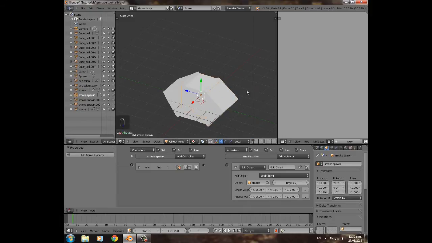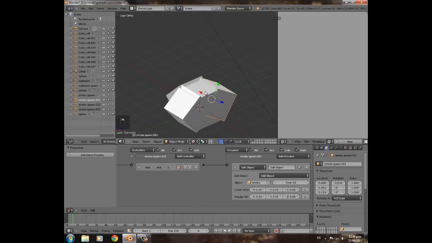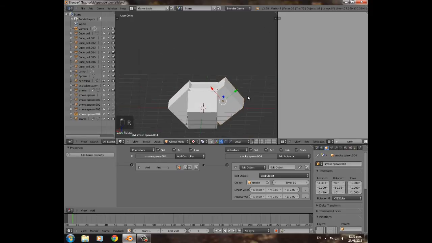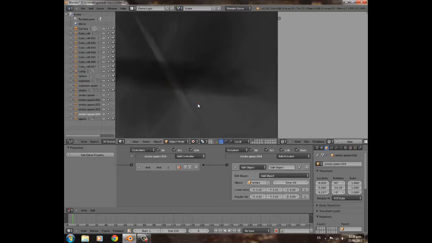And then we're going to do that one more time, selecting the middle one, Shift D, GX, RY, GZ, and then GX maybe a little bit, and then select the middle one again, and Shift D, GX, RY, GZ, and GX. So now if we press P and press E, we have lots and lots of smoke going in different directions,